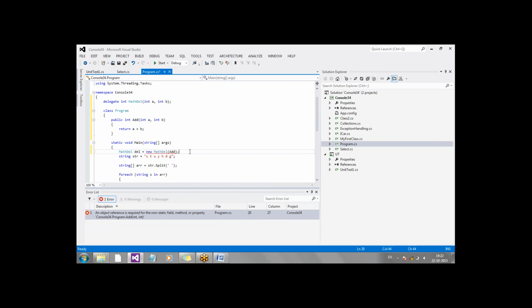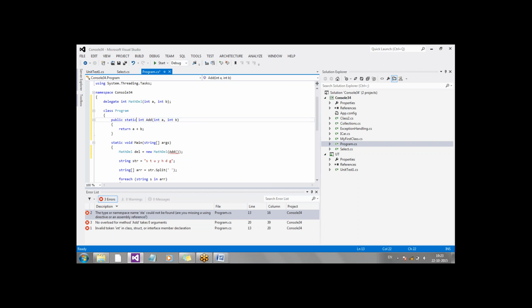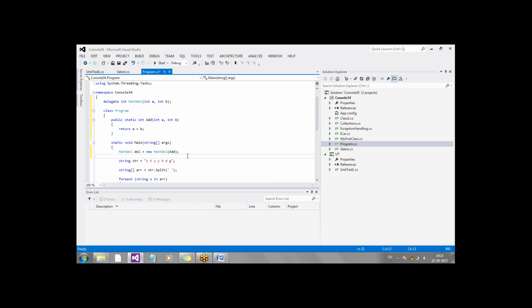Making sense? Then one second. Okay, good. So this should be static actually. Fine. Now let me